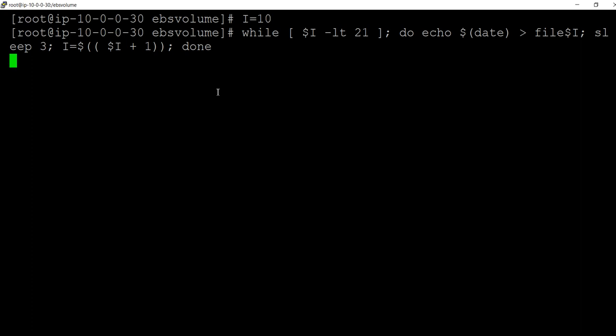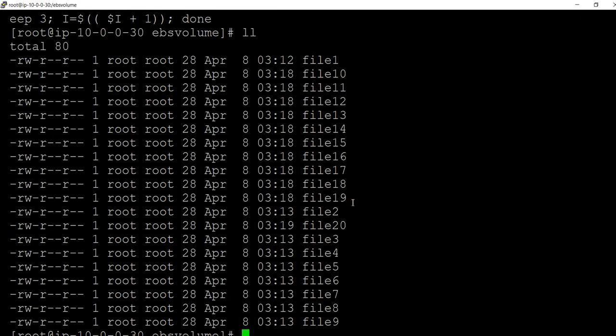I want to explain to you that snapshots are incremental backups. Incremental backup, it will take the data of the previous one as well as the existing one, both. If you are creating multiple snapshots, which snapshot you want to keep and which you want to delete, and how the data will be stored and backed up, that's the reason I want to show you this. If you press ll now, you can see earlier we only had 1 to 10, now 11 to 20 is also generated.